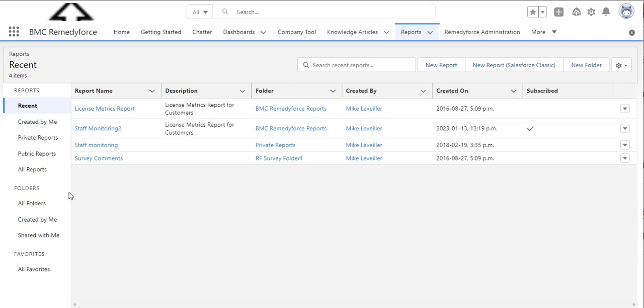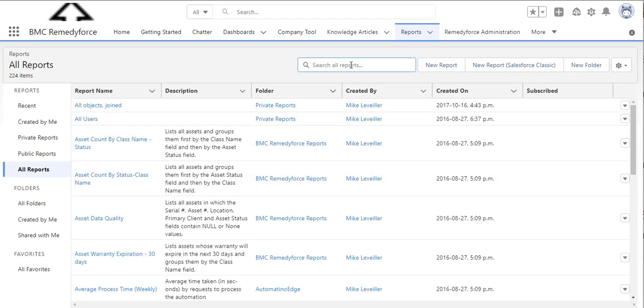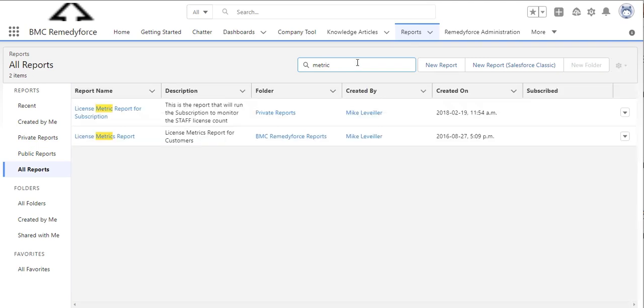You'll have to actually look for it. You'll click on All Reports, and from there you can type License Metric Reports. I'll just type the word metric, and it'll show up here. It so happens I have two versions of it. One is in my private folder, which is probably one that I did and saved in my personal folder. But the one we're interested in is the one in the Remedyforce Reports folder, called